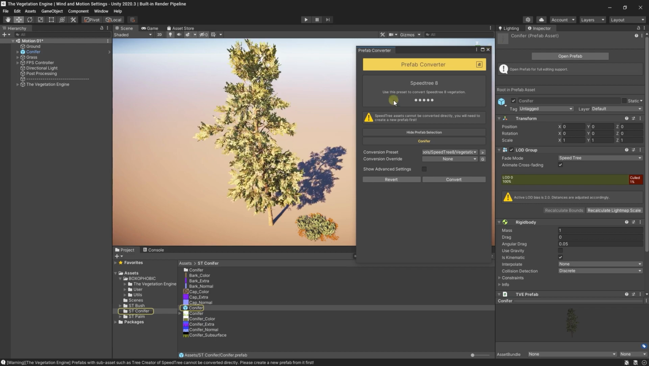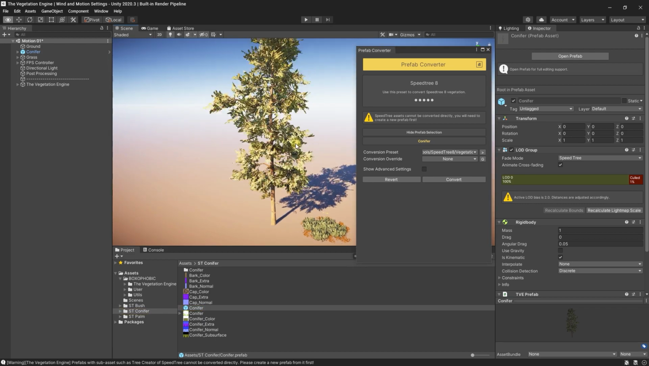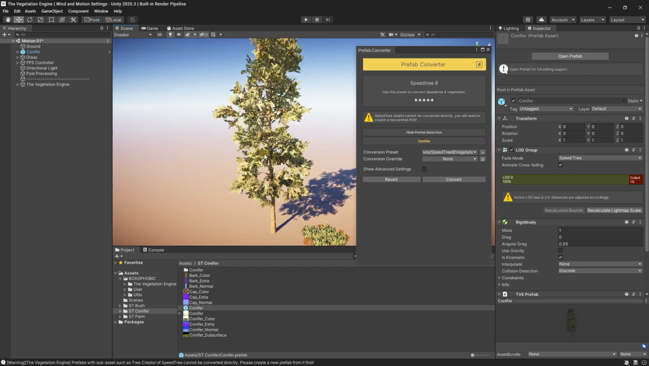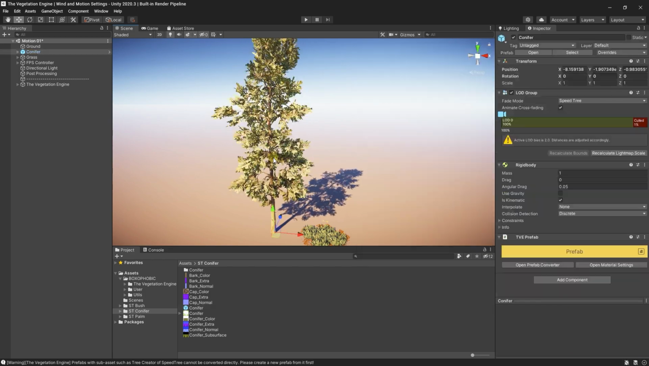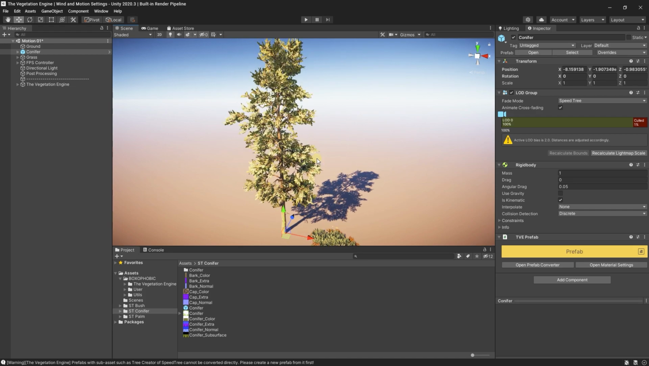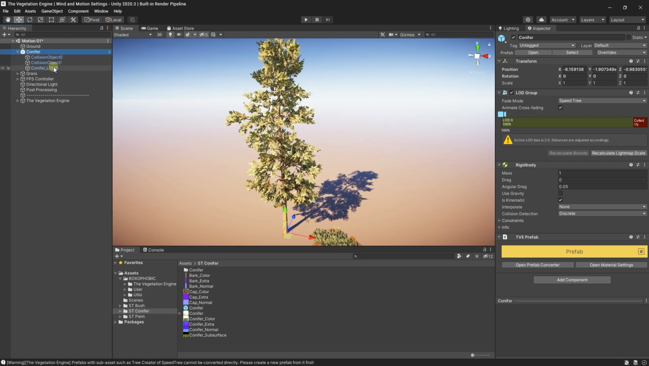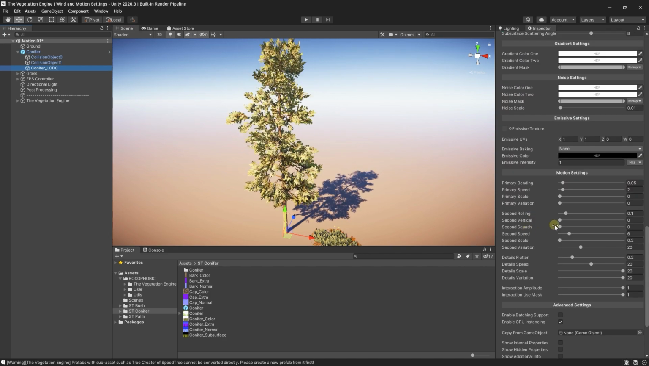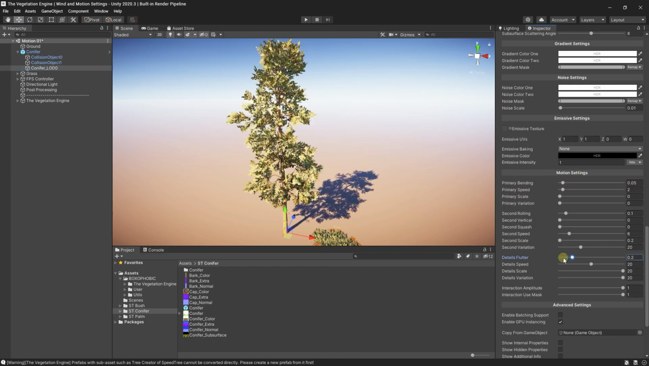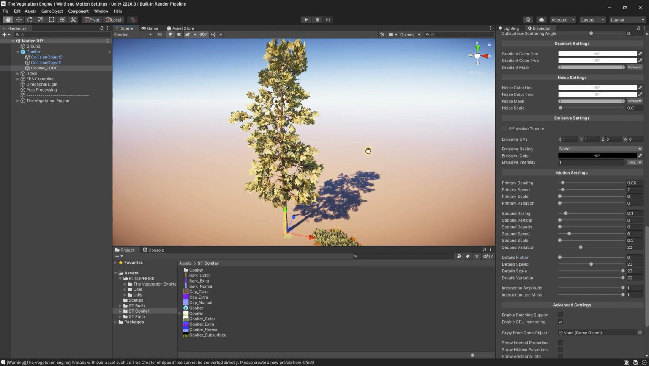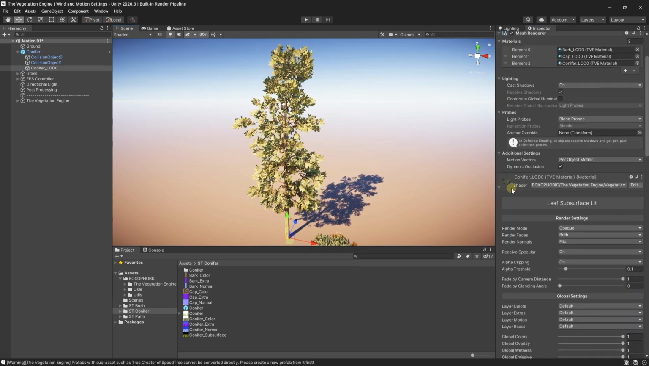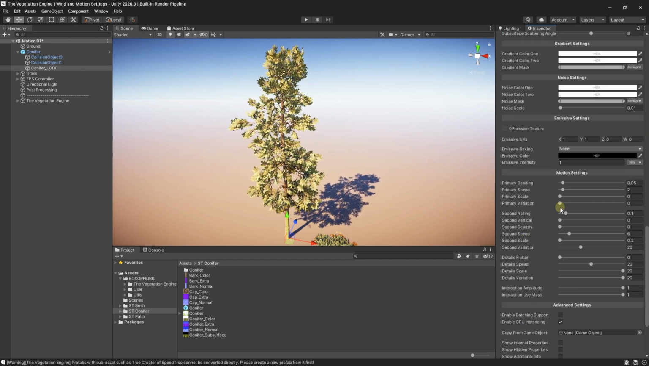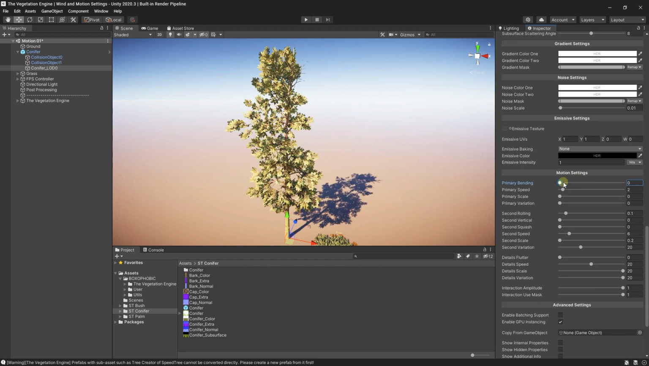So once this is converted, the Vegetation Engine will apply some default wind settings, and as you can see in this case, it is quite fluttering. I can go ahead, select the mesh, and go to the materials and change the motion settings. But since this prefab is using 3 materials, if I go to one of them and change some settings, as you can see, the